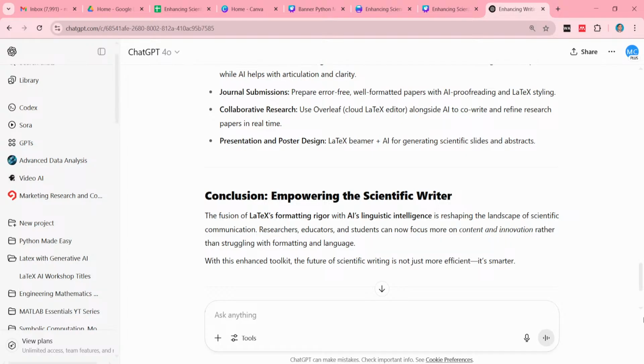Now I want to convert this entire content into LaTeX. I want to transfer this document into LaTeX format. So what I will do, very simple: transform, translate in LaTeX.